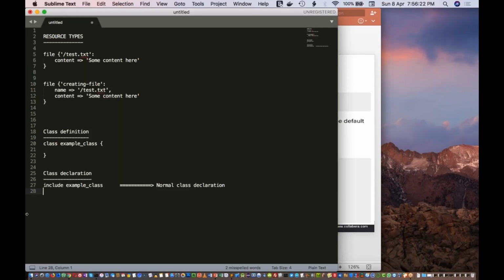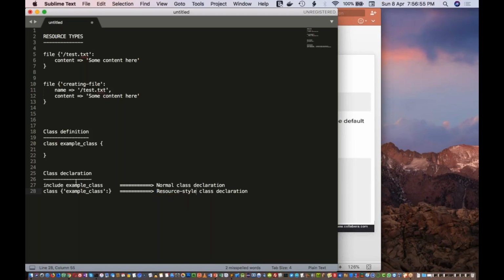That is when you call this class in a different way, like class, open parenthesis, close parenthesis, with this class name followed by this colon. What this means is this is called resource style class declaration.